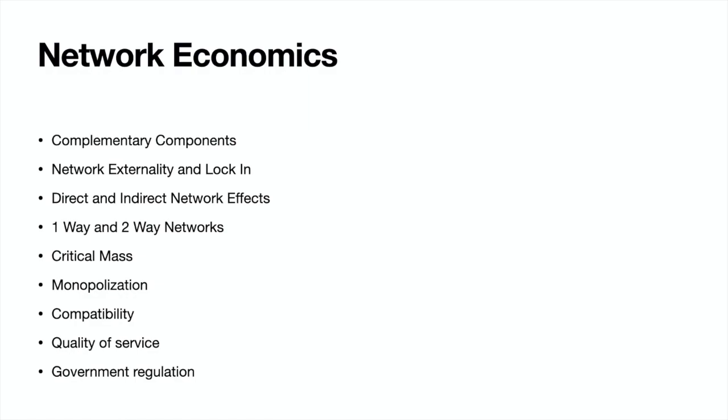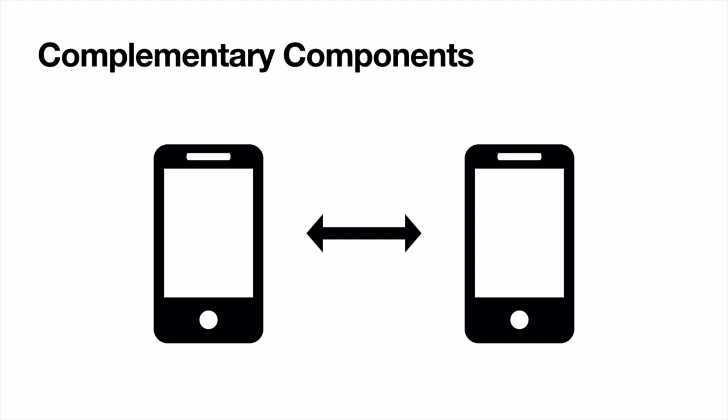When a product or service has network economics, it's the other way around. The more there is, the more valuable it is. Let me explain that to you. Services that have network economics are services that are being built up of multiple components. These components are complementary. This means that all components have to be available in order to deliver the value of the product or service. The simplest example of a service that has network economics is the phone service.